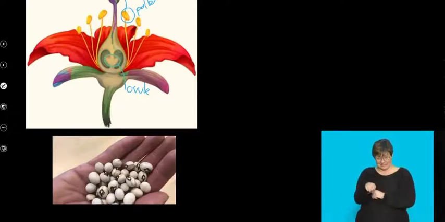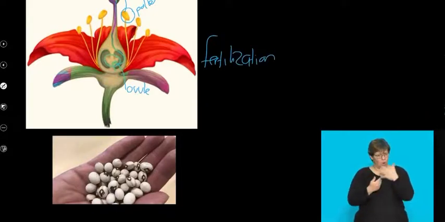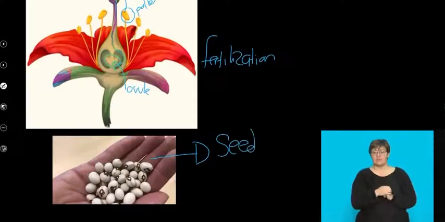He moves all the way, and fertilization occurs. So it's a big process. But the end result of sexual reproduction is this concept of a seed.